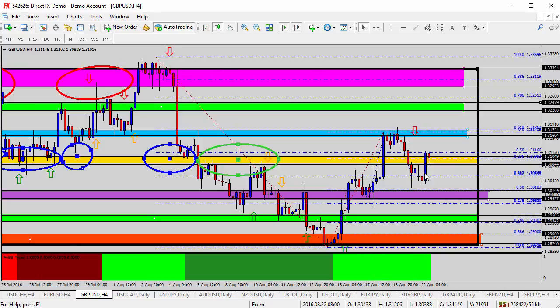Again, we're right smack in the middle. Look at that black box. We just looked at it on the daily. The yellow shader is kind of a hinge point in the middle of that wider range. We can see back here where the circles are, the blue circles, the green circle. Many times above it, finds support to go higher. Many times underneath it, finds resistance to go lower. And we're toying around with it right now. It's been above it, it's been below it, and it's just really not making any significant headway in either direction